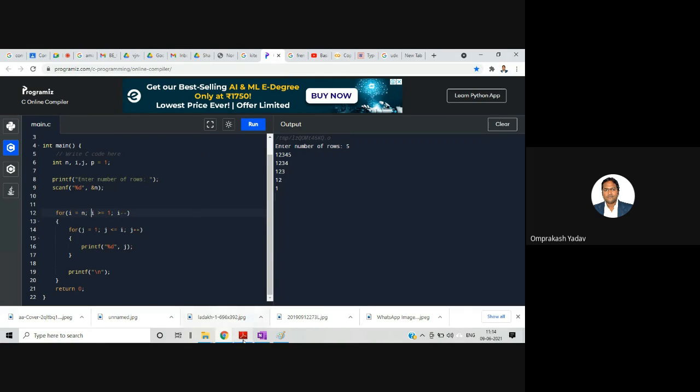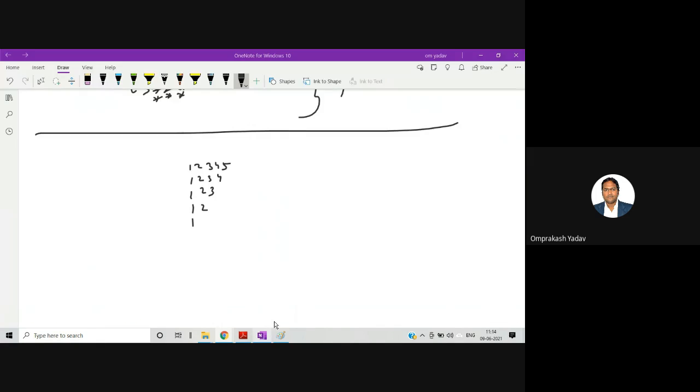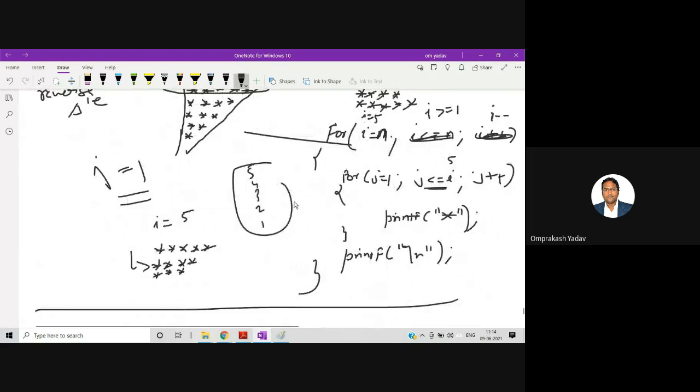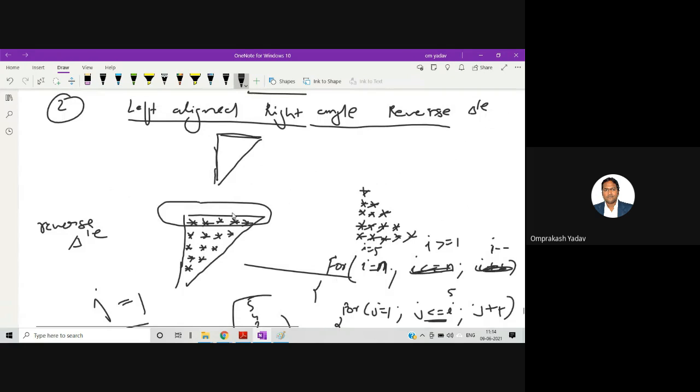Okay, now let's go to the next type. So I request all of you to complete all the patterns, right? And just check the output later. If you are studying the first type properly, then you will be able to solve all the different types. But if the first type is not clear, then it's very difficult for you to write all the different types of problems, right? And I made it very easy so that you can just keep in mind what changes I am doing, and easily you will be able to print. Let's move to the third type.